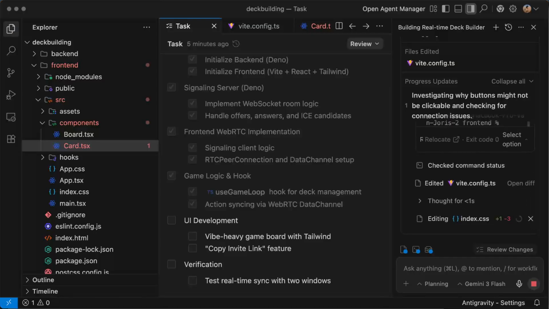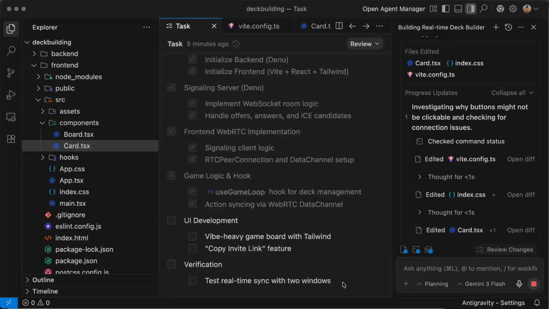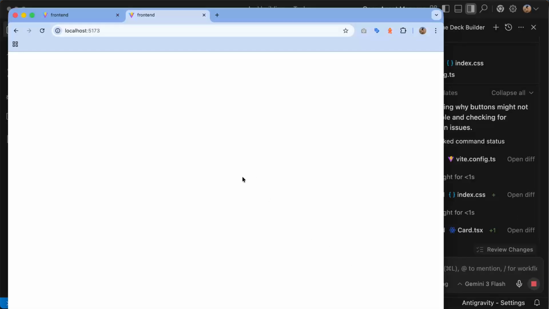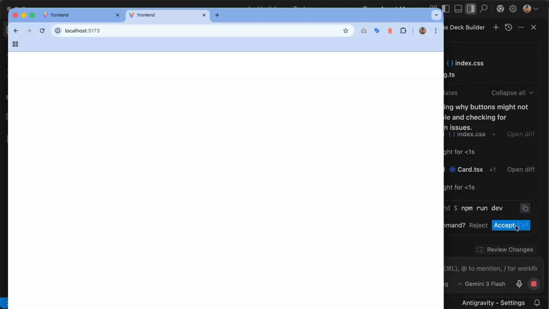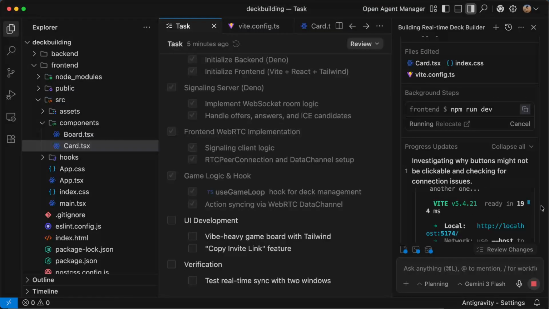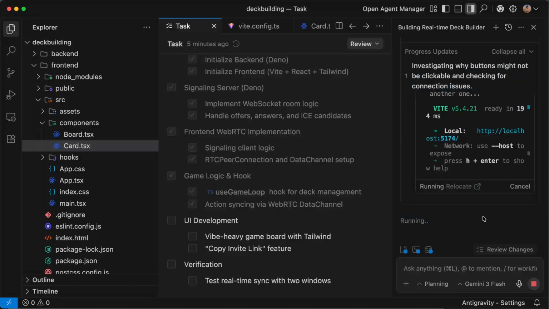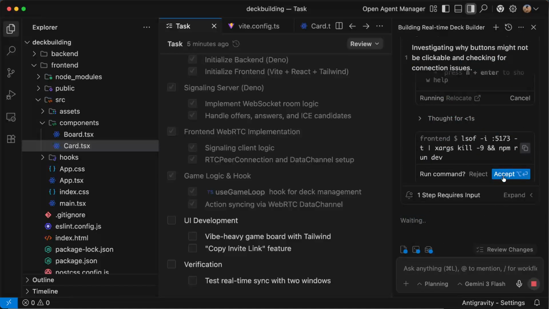So like you see, he's doing a lot of things again, checking, and here you see, yeah, we don't see a lot here. So what we need to do is again accept certain things here, accept.